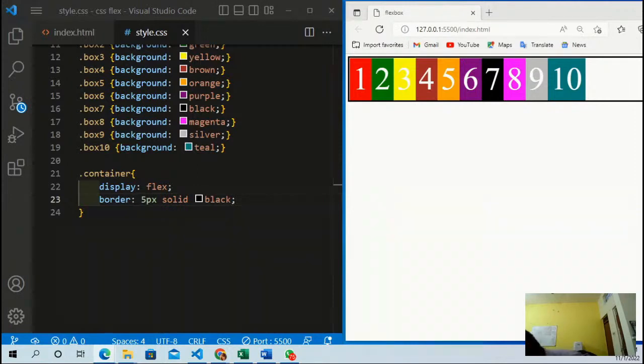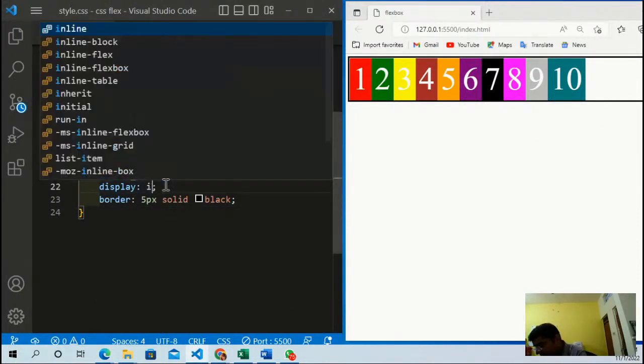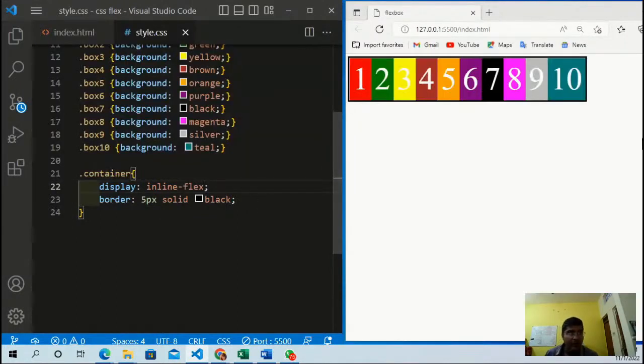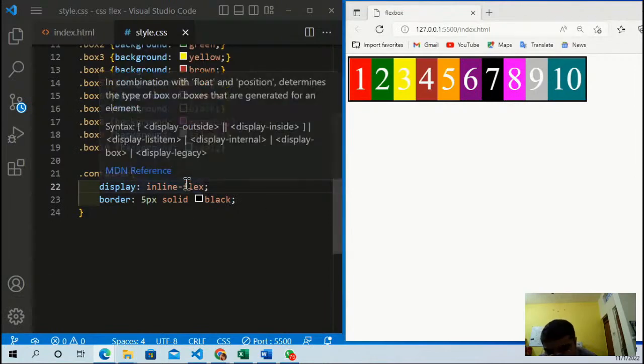Now there is an inline flex also, which will have the width only till the element. So here if you see, this is display flex where the width ends but the column ends separately. So we will be using inline flex, and in this inline flex the border ends where the item ends. So this is the beauty of inline flex. This is helpful while creating headers or footers kind of thing. Now let us change this back to flex,